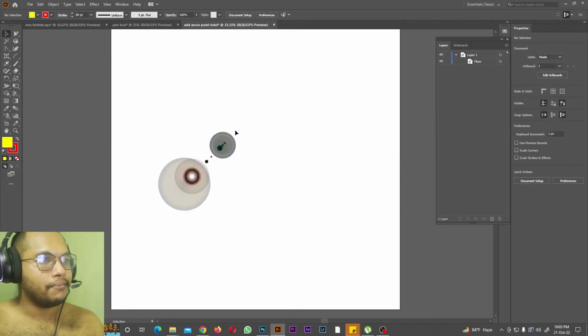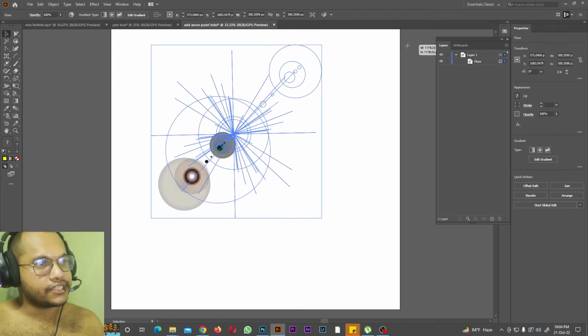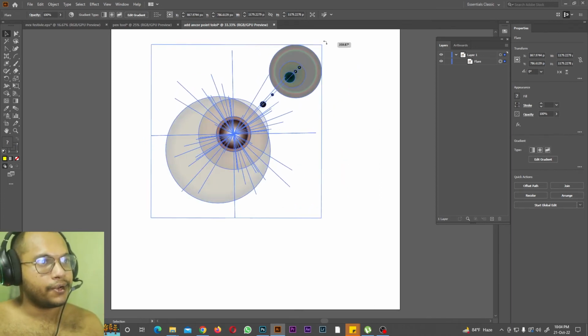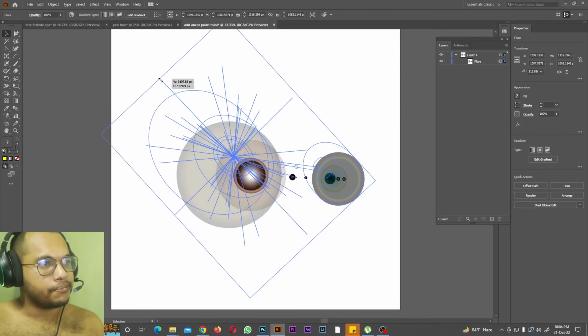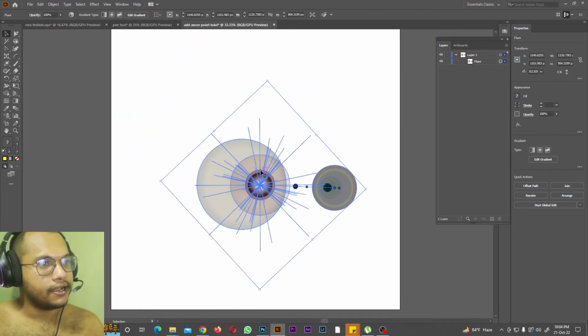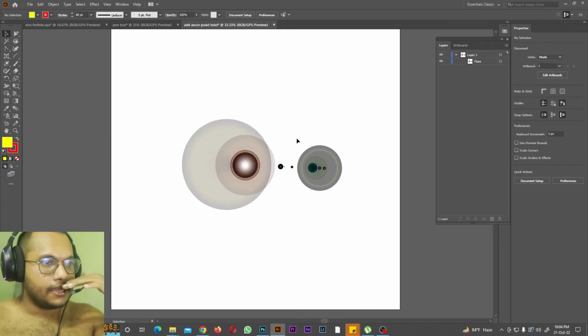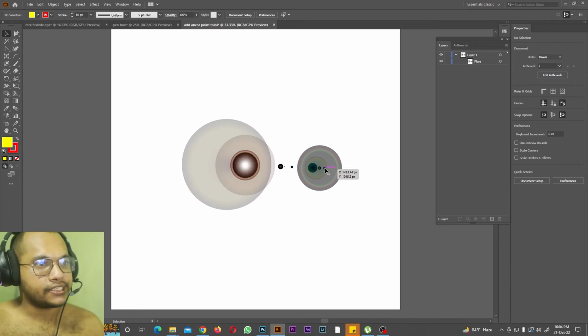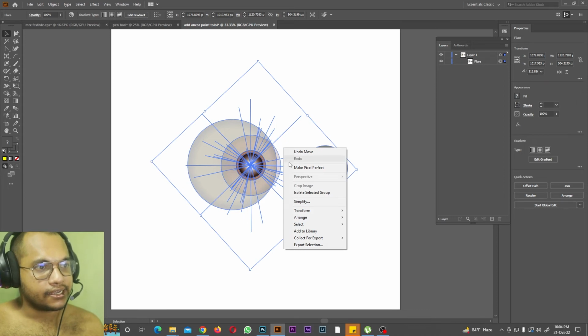Now if you want, you can make this flare bigger. If you hit shift, then the original ratio will be kept, and then you can rotate it according to your needs, and you can make the flare bigger if you want, or smaller. This is the flare. So with these anchor points, if you right click,